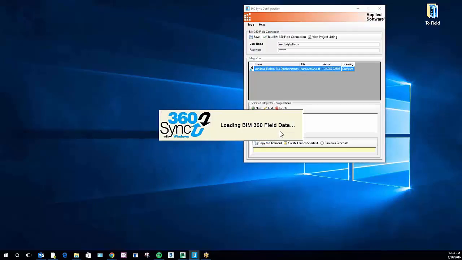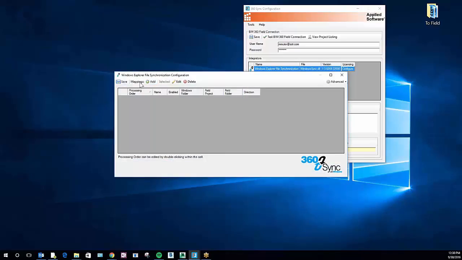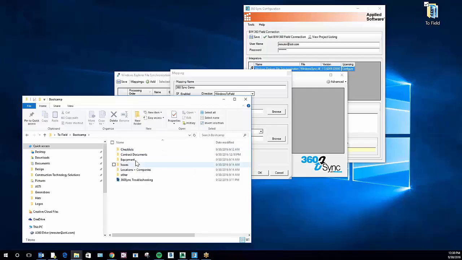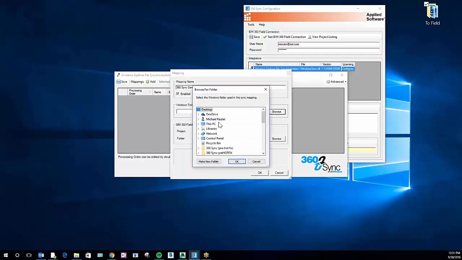So once that loads up, you're going to hit add and then select a new folder, or select a mapping name. What you're going to want to do is choose the direction that data flows, so either Windows to field or field to Windows. And then next, you're going to select a folder on your computer or on your server that you want to map with your field library. So in this example, I'm just choosing this to field folder,